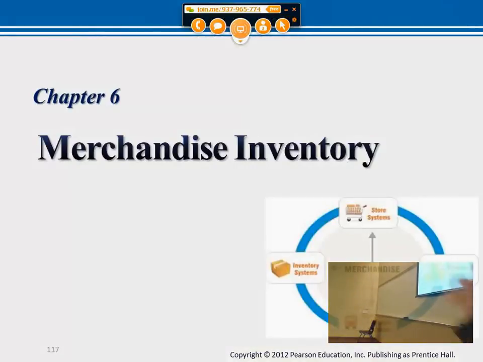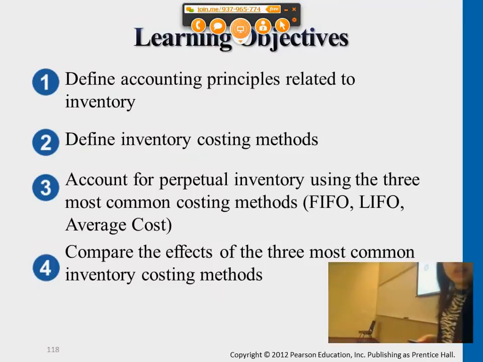I want to spend a little bit of time on chapter 6. Chapter 6 is still on the topic of merchandise inventory. We're going deeper into inventory costing methods. Earlier in chapter 5, we talked about inventory's cost of goods sold expense, basically directly giving you the value of cost of goods sold. So we're going to tell you how to figure that out, how to actually get to this dollar amount. Okay, with this chapter, you'll be introduced to different types of inventory methods that help you understand how we arrive at that